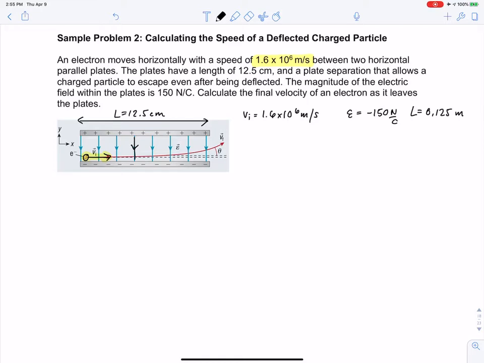Now, we need to find the final velocity, and the final velocity is going to happen at this angle here, theta. We know it's going to be composed of the final x component and the final y component. So the final velocity can be found through the Pythagorean theorem, which states that the final x component squared plus the final y component squared